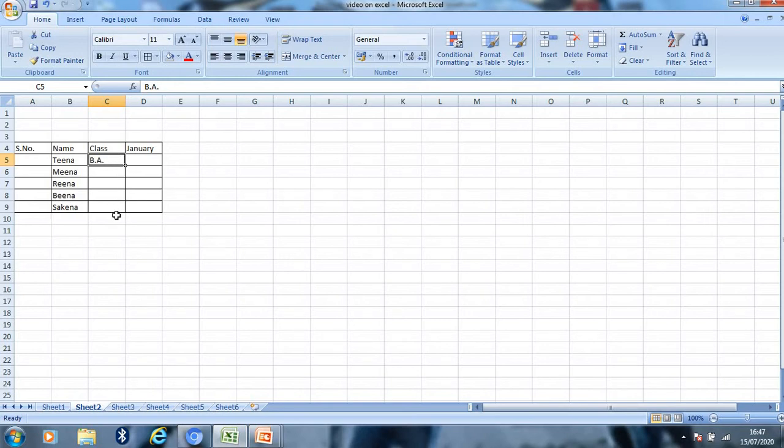For example, I want to fill BA in all these cells. Then I just put my pointer on the below right hand side corner of the cell.